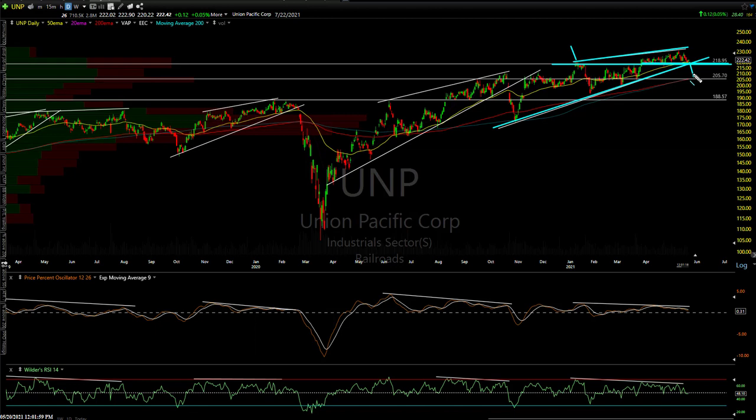So the theme is I'm seeing quite a few that have broken down above well-defined support levels, but the problem is they had additional support just below. For example, like the last one, broke trendline support with price support below, but this is right here. And if this one breaks down, another couple percentage points down, just one bad day, it's going to take out two key support levels, uptrend line and 219, in one fell swoop. And you can see what happened.